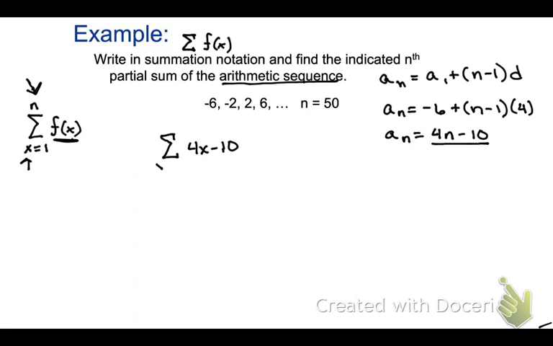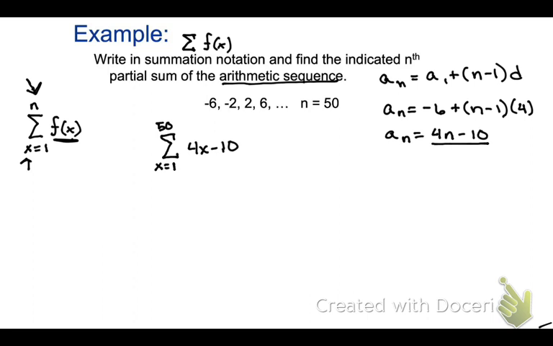Down here, I say what the index is, what you're plugging in, and we're plugging into x. We're going to start at 1. We're going to plug in 1 first, and we're going to end at what? It tells me 50. Does that make sense what just happened? Where everything came from. Now, we should check, right? If I plug in a 1, 4 times 1 is 4 minus 10 is negative 6. If I plug in a 2, it would be 8 minus 10, which would be negative 2. Plug in 3, I get 12 minus 10, which would be 2. So I'm good, right? My definition works.